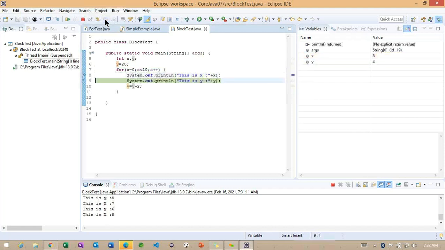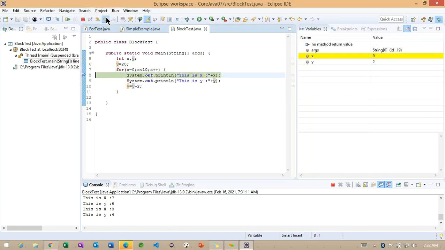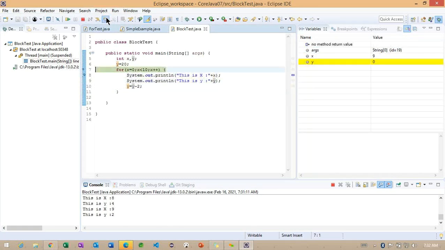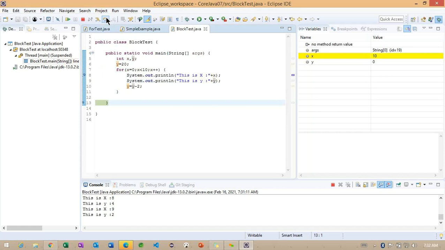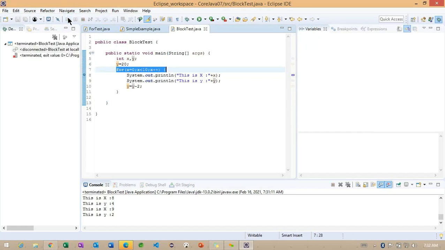This is the way the y value is reducing and the x value is increasing. Getting the point? So this is the loop concept here. Finally we can check the condition is false and it comes out of the loop. Okay, so this is the way we can check the loop concept here.